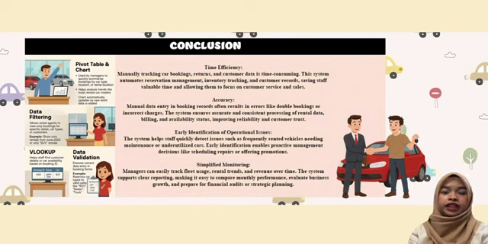For example, if some cars are used too much or if others are rarely rented. That way, they can make better business decisions. The dashboard shows everything clearly, so it's easy for managers to see how the business is doing. In the future, this system can be upgraded to an online version for easier access and better features.